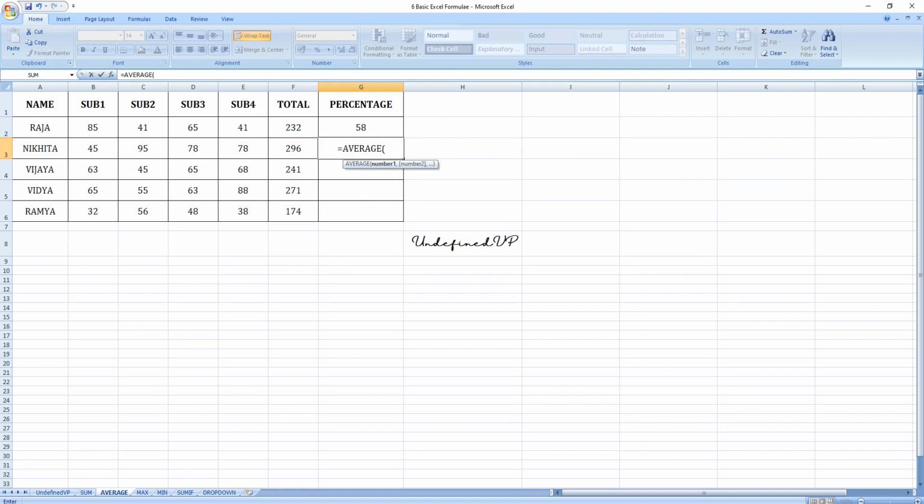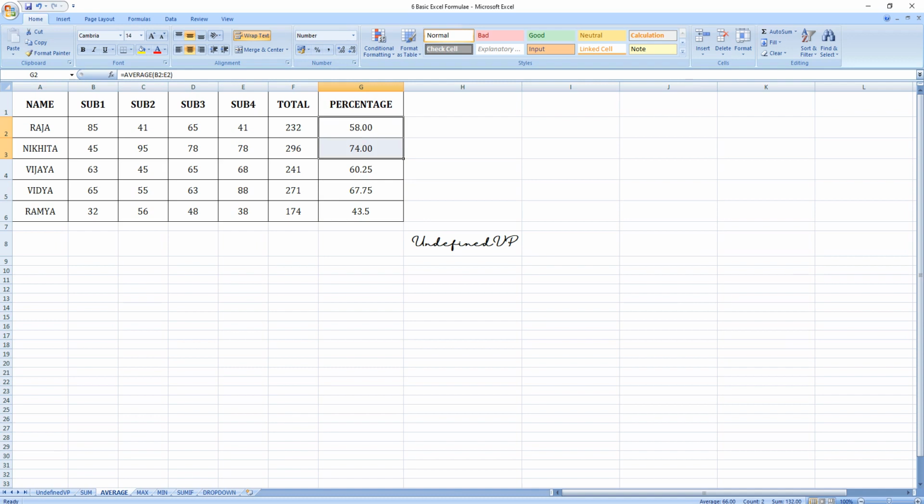Here you will have to give the numbers or the range of numbers, right? I have given the range of numbers. Whenever I press enter, the average marks is 74. So what I'll do, I'll drag this upwards.